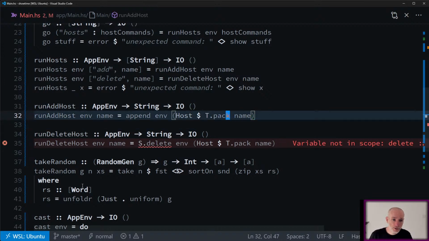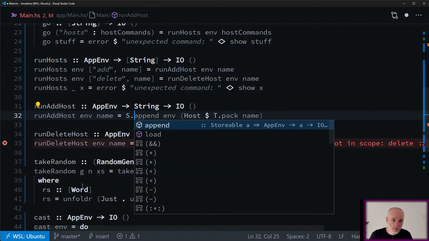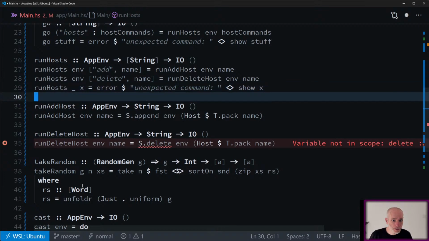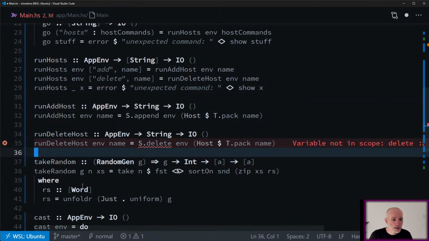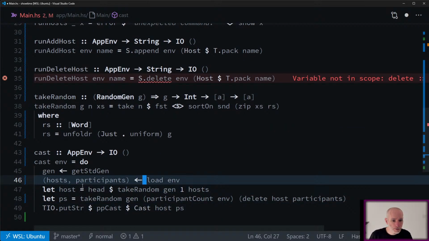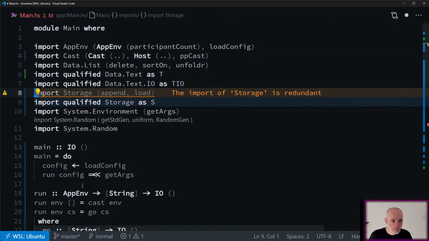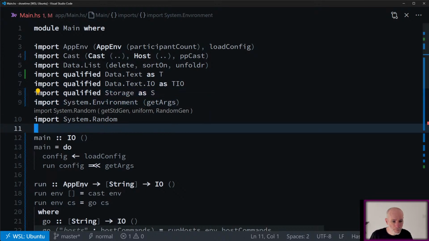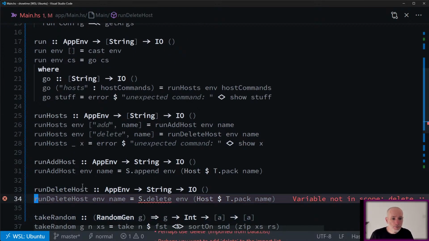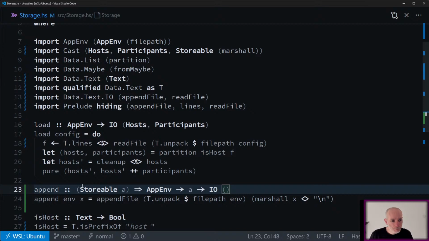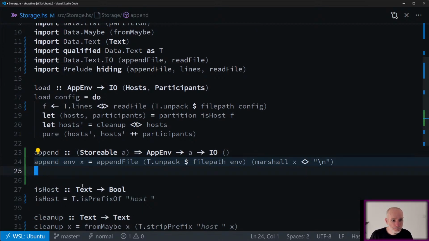It doesn't export delete. Here we can S.append. And somewhere down here we can have S.load. And get rid of the unqualified import. Okay, so back in our storage, we want to delete stuff.